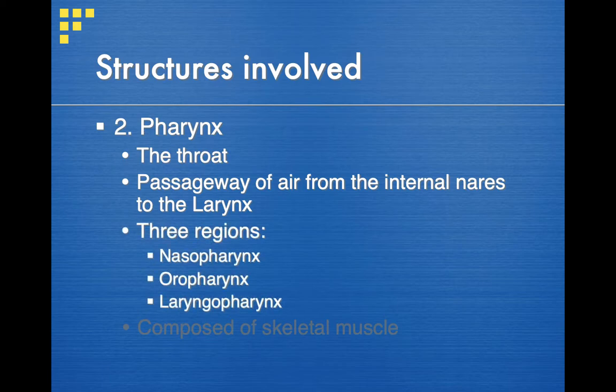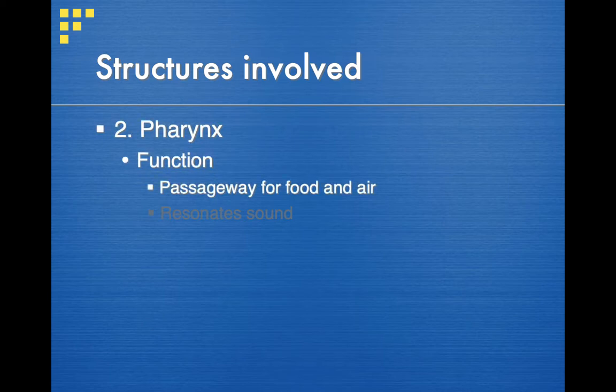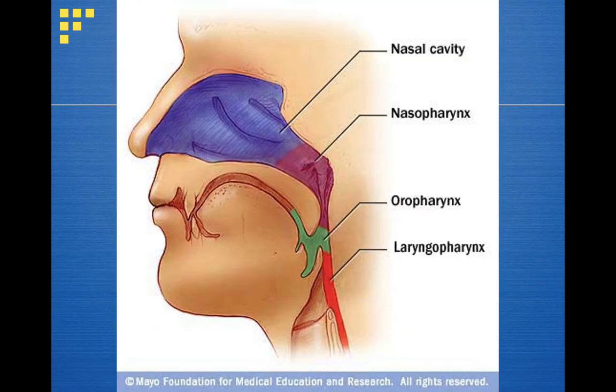We know there are three regions, a naso, an oro, and a laryngopharynx, and these three parts are mostly made of skeletal muscle with an epithelial lining. Function is just a passageway for food and air, and it also would help resonate sound. And here's a picture showing the three parts. The nasopharynx is superior, oropharynx is in the middle from the mouth, and the laryngopharynx is the most inferior part,